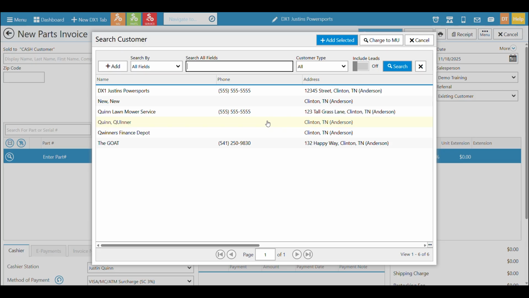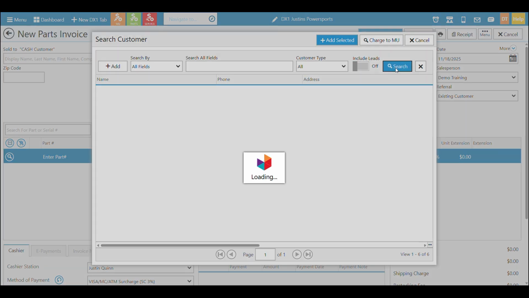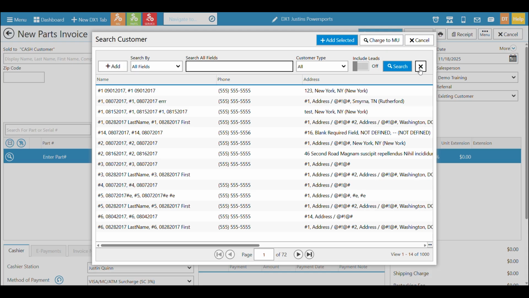Now, I do want to mention that up here you have a few other options in the taskbar. You can search by all, retail business, or retail individual. I think most people are using all. If you have leads set up, you can include leads here, which are not created in the customer record database yet, but they are in your system as a lead. So that's a good one to keep track of. Once you do that, you can search as we've done. To clear a search, you can click the little X. That will clear your search again.